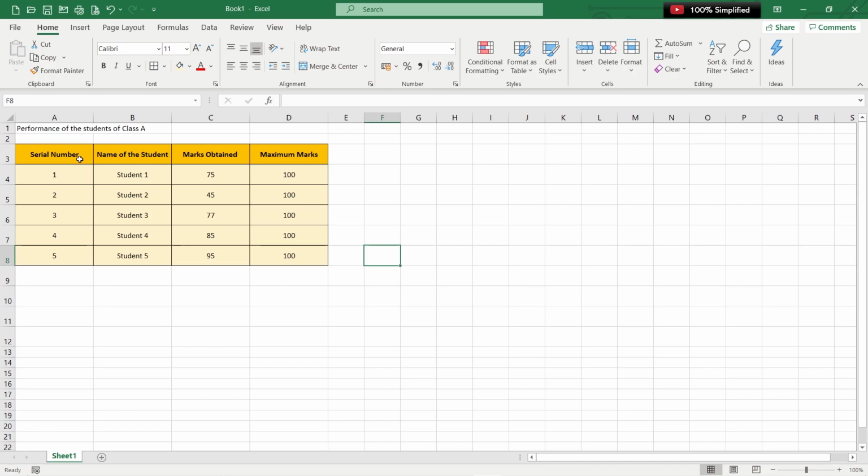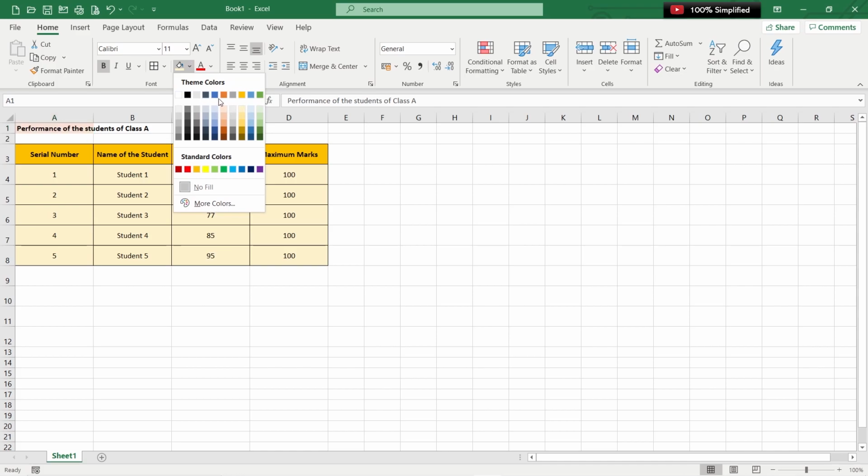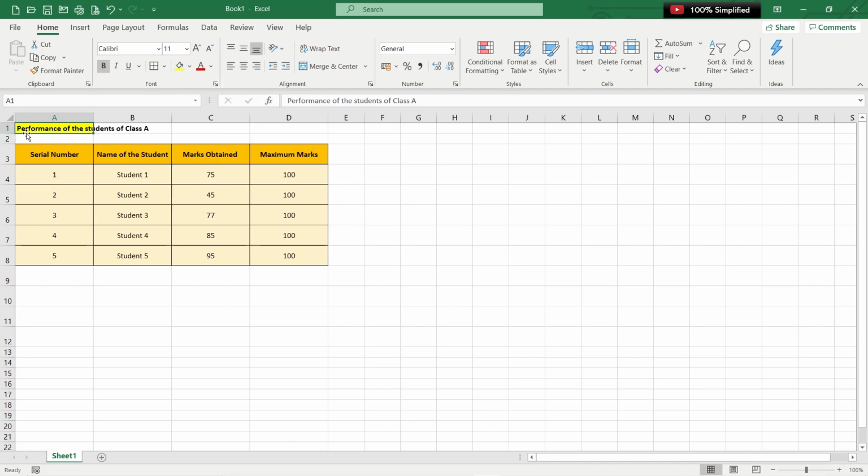The last thing you need to do is always highlight your header. When I say header, it means the header of the table, what we are trying to create or what you're trying to enter. So that header is this one. Let's bold this data. Perfect. It's bold now. Let's enter color to it. Let's say we enter yellow color to it. Okay. I've entered the yellow color, but still you feel that something is missing in this. What is missing is that a few of the texts are actually overflowing from the cell. So Excel has a solution for it also.